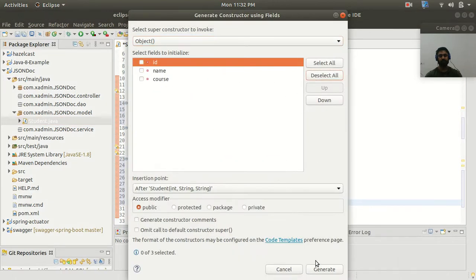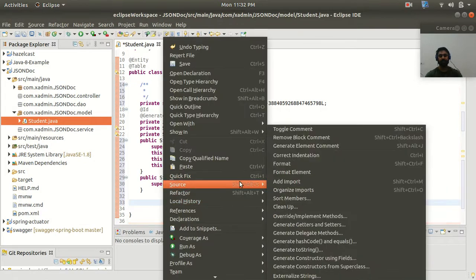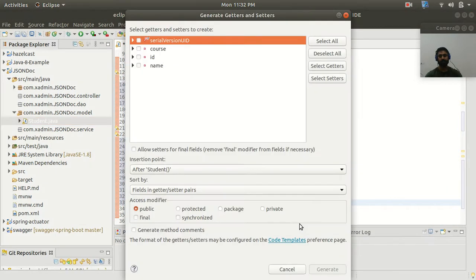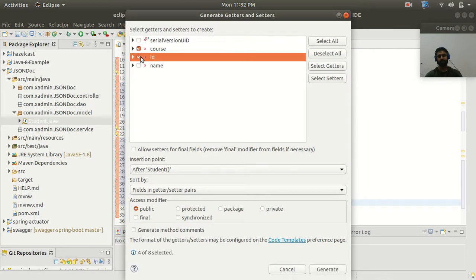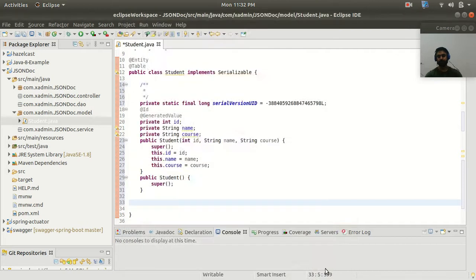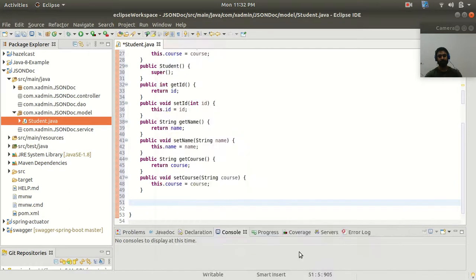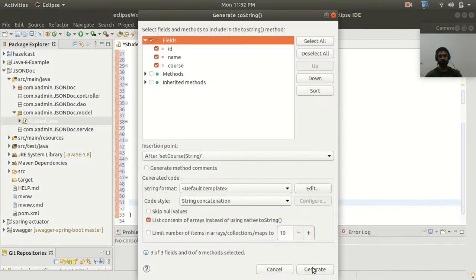Select all, generate. Now I will generate the getter and setter methods for this class, to set the course or get the course, to set the ID, or to set the name or get the name, right? Now I'm going to generate a toString method also for this class.